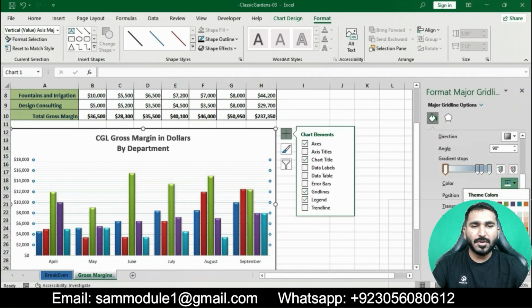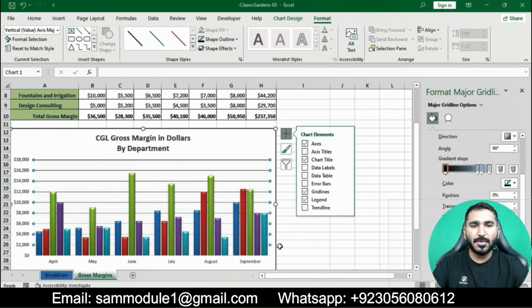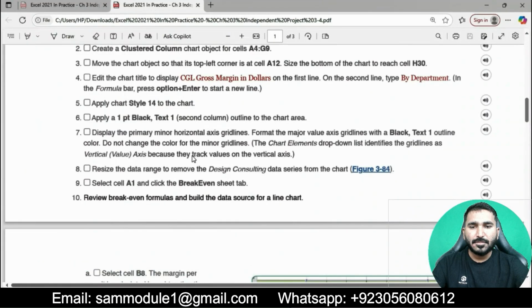Okay, here is black text 1 color. I will apply black text 1 color. Do not change the color for the minor grid line.